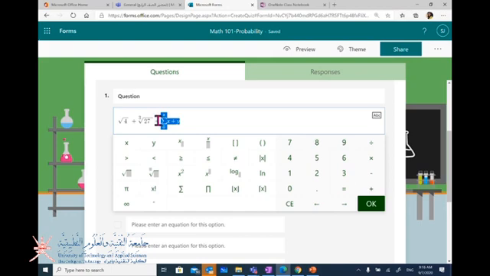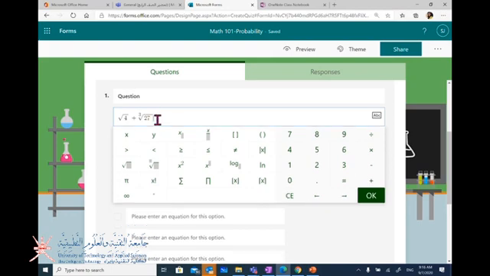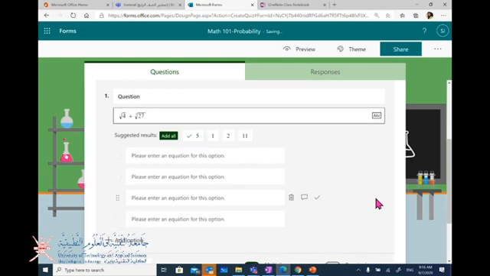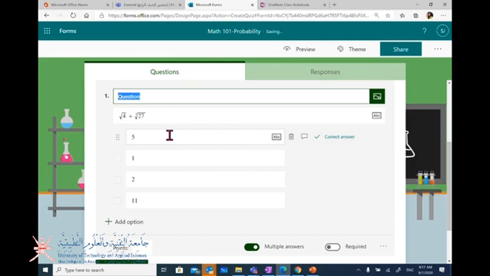Now, let me remove this just to show you the artificial intelligence. What is the artificial intelligence? When you start typing an equation over here and you click on OK, it will give you the right choice and other choices, as you can see. So the right answer here is 5, and you can benefit from alternative options. So this is the artificial intelligence that is trying to solve the equation that you are writing and trying to give you some suggestions for the choices. Now, all you have to do is to click on add all, and in this way, it will work fine,